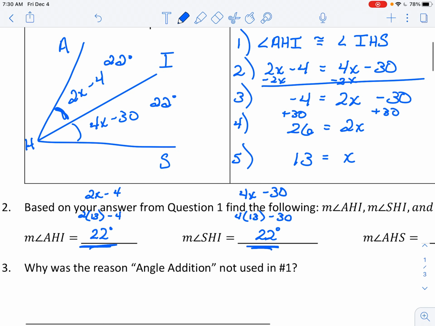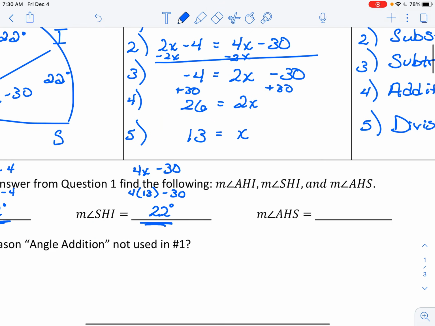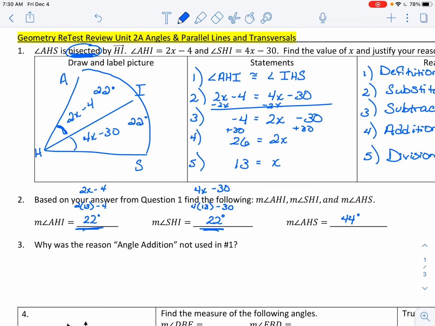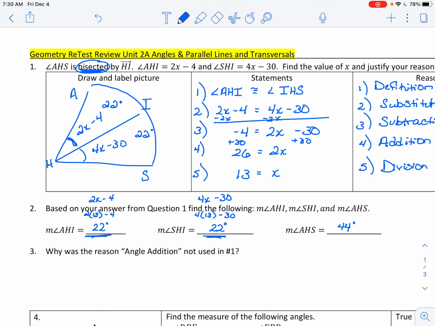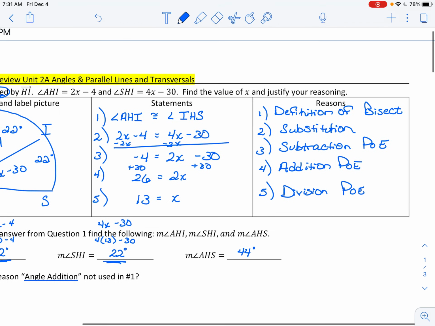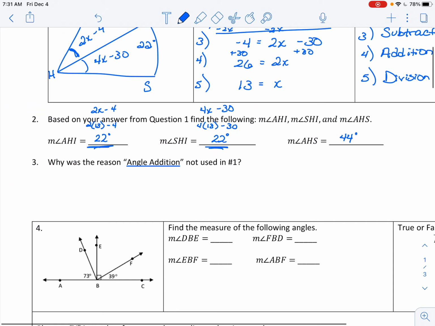The last one does want AHS. It wants this whole thing. So remember, if we know the two parts are 22, 22 plus 22 gives us 44. So when we add our angles, we're using angle addition. But technically, I never used angle addition when I did number 1. I started out with definition of bisect. So I'm going to say